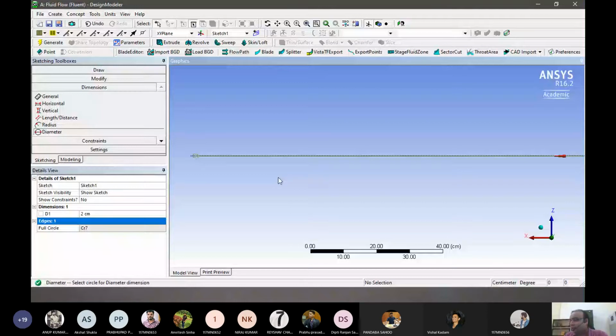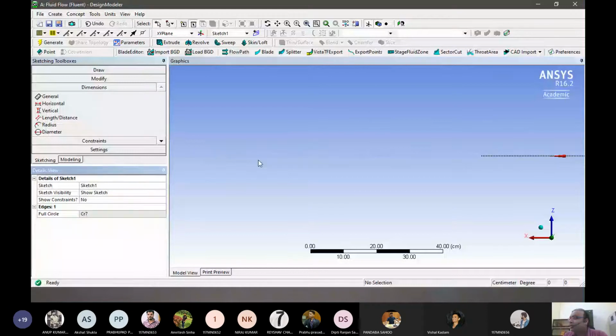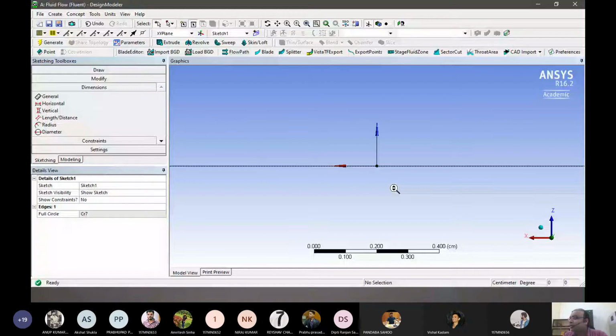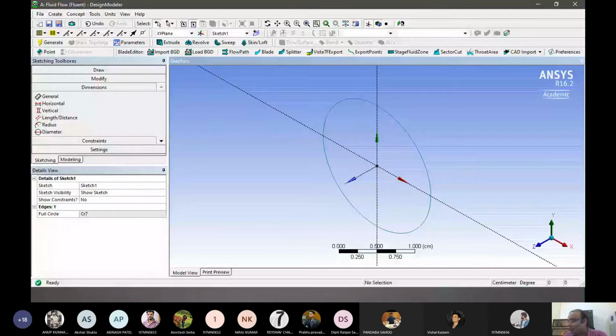What I will do is let me remove this because the work for this dimension is done. And let me see. If I just want to see my geometry, it is like this, right? This one is in the XY plane.